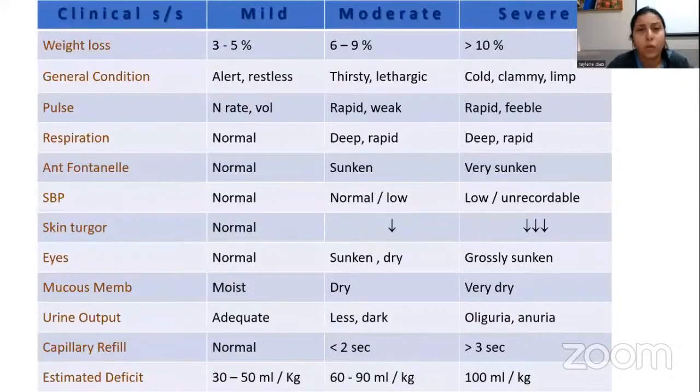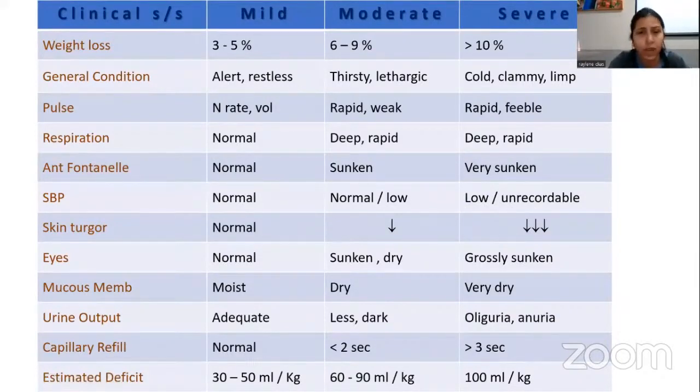So when we look at estimation, we're all familiar with this table. It's in all of our textbooks. We can divide it into mild, moderate, and severe, and we look at all these clinical signs to grade the level of dehydration. So you can go by the pulse, the skin turgor, urine output, capillary refill. These are all very good estimators. But a word of caution here: if you go by systolic BP, it will be low or unrecordable when you reach severe dehydration. That means if you go by BP, you will pick it up very late, and by then you've already